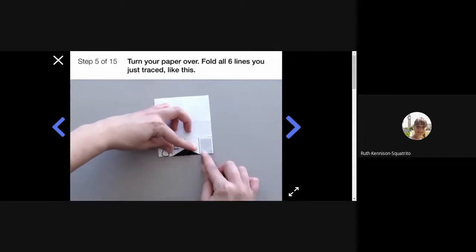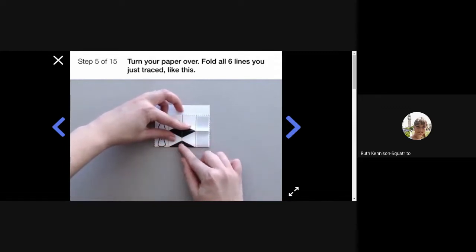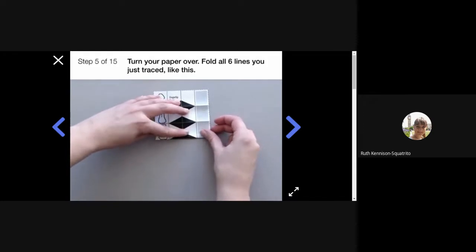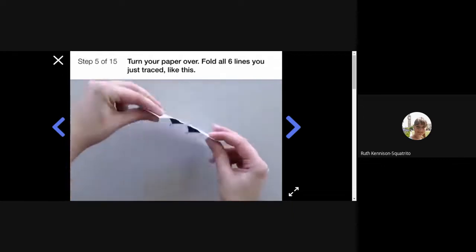So look, the one on the little side, you fold it towards you, right? If you notice, you should be able to kind of see the creases that your pencil has caused in the paper. So when you go to fold it,